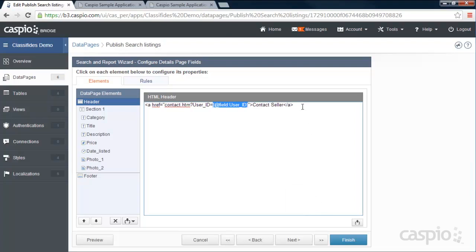Alright, so basically what we're doing is we're passing the user ID of the person that submitted this listing to the contact page. So just a little bit of syntax that's needed here. If you know how to write a basic hyperlink, it's fairly easy. You can follow exactly what I did here. Basically href=, quotations, and then your destination page where you have the form deployed. And then you need to have a question mark, user ID equals, and then you insert the user ID field as a string, and then you name your link the way you want to, basically. When you're done, click Finish,